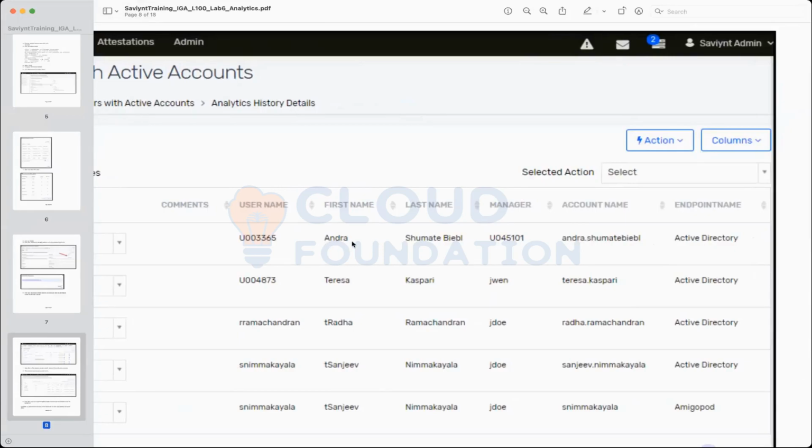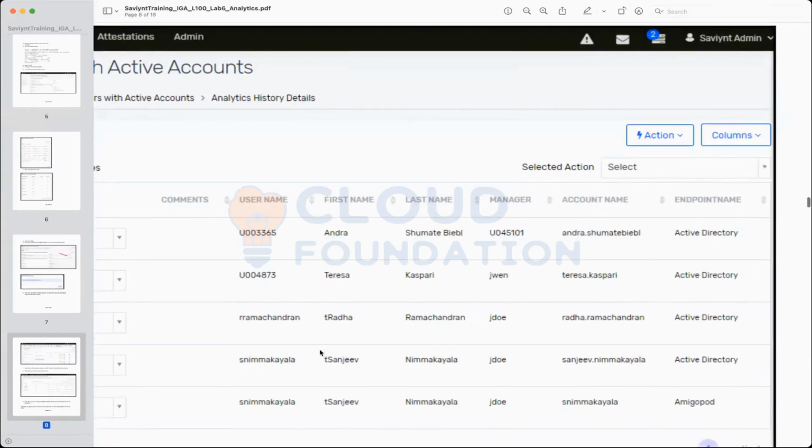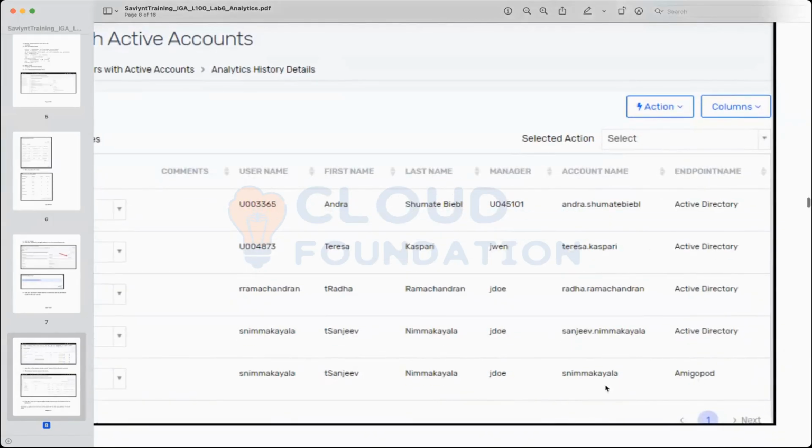This person Andra Schumit, right? For this person, their Active Directory account was not disabled. For this person, Teresa Kaspari, their Active Directory account was not disabled, right? Sanjeev, their AmigaPod account was not disabled.